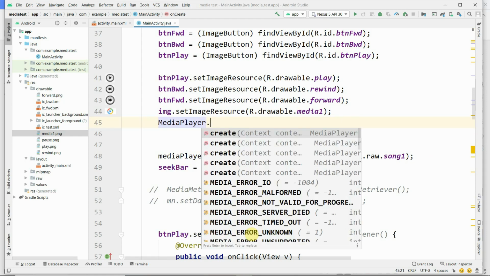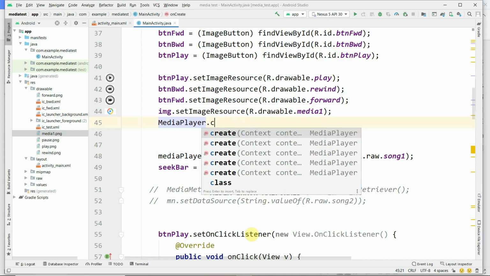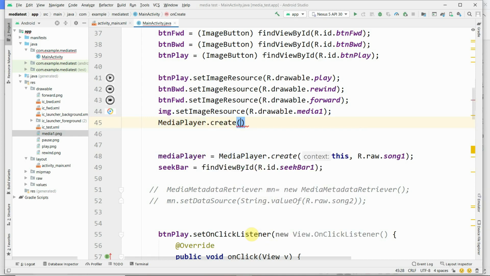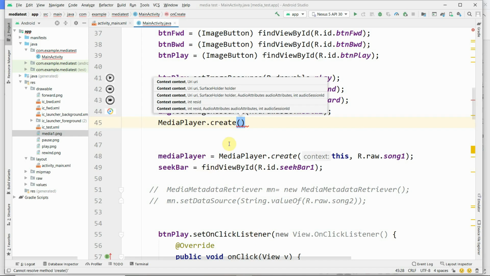Then if you press dot, then create. Then in the brackets, it shows you suggestions on what parameters need to be given there. There is a context object as well as the URI of the song.